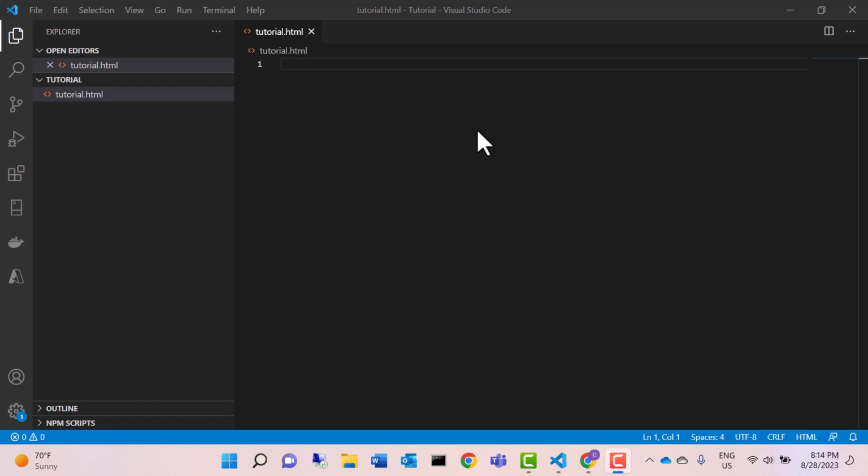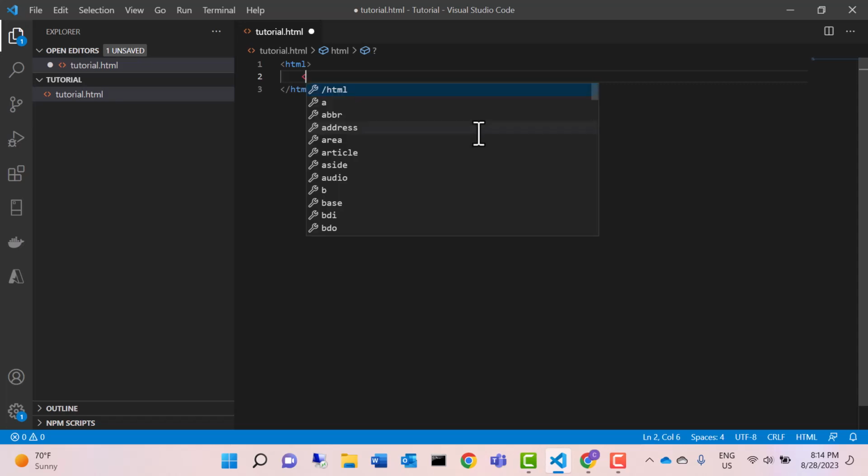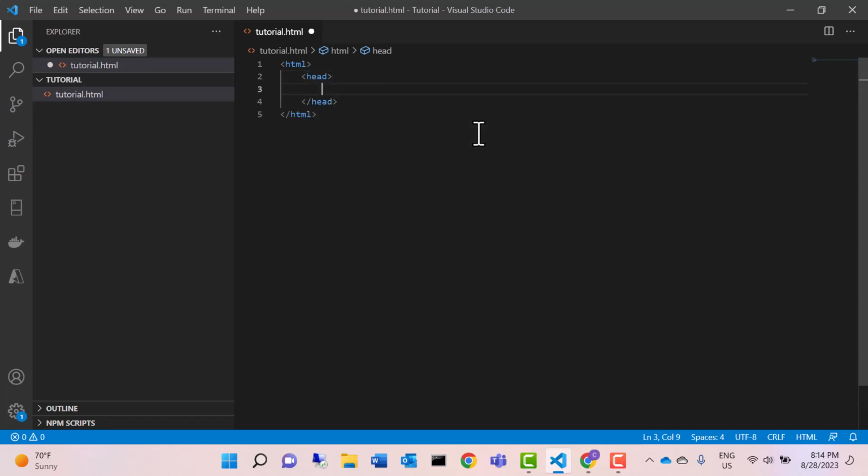Hi, so today we're going to make a basic website format in HTML. So we'll start with our HTML tags, just to let the computer know this is HTML. We're going to put a head tag here. Now what the head does is it stores information the user isn't going to see, but it's going to be